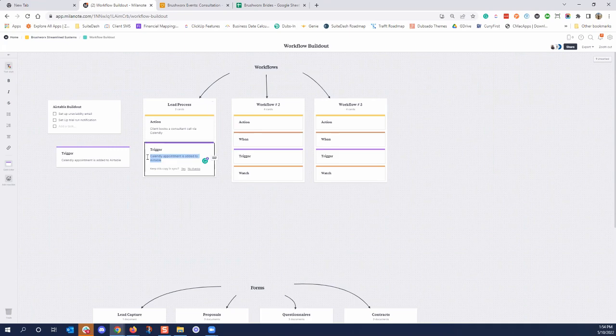Yes, once they've signed a contract, we put it on the data sheet with all the brides. And we start a new workflow. So I stop the bridal inquiry workflow, and then I start the booked brides workflow. And their first one is something like, here's the next steps, and it just details what's going to happen next. And then they get one that's like Brushworks Perks. We have 3 companies that give them special discounts just for mentioning that they're a Brushworks bride. And I think there's about 5 steps in that one.